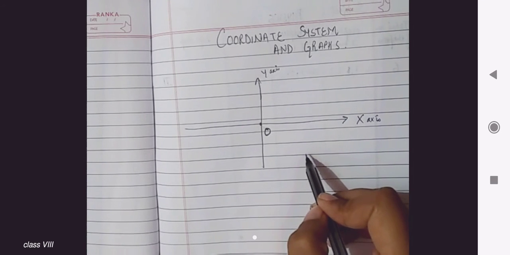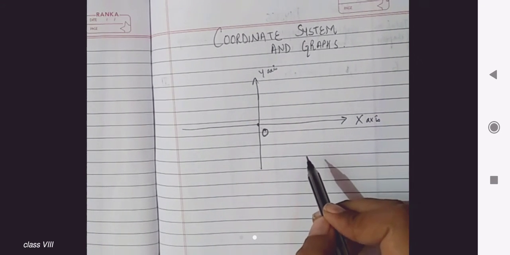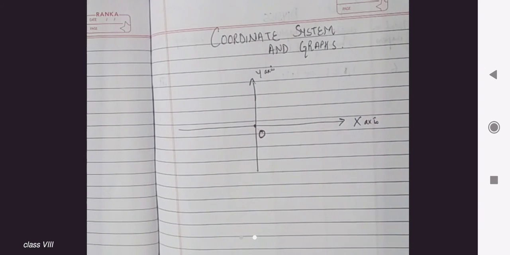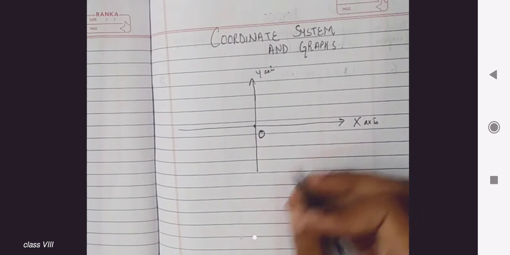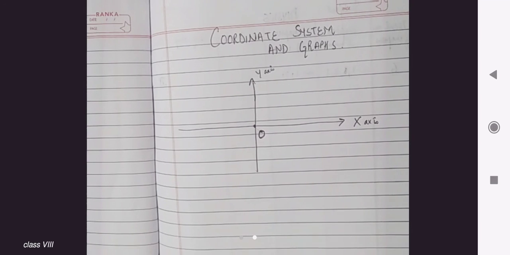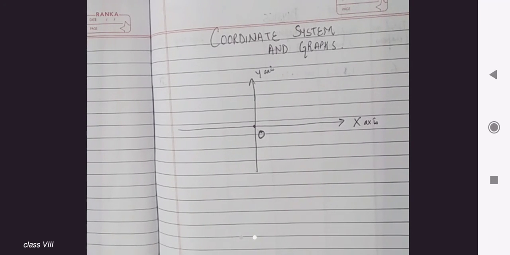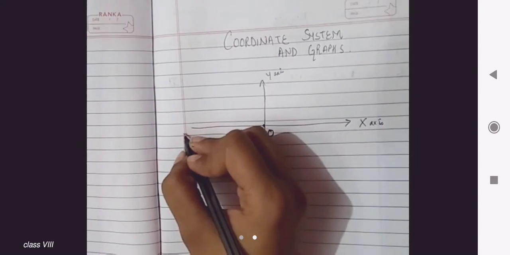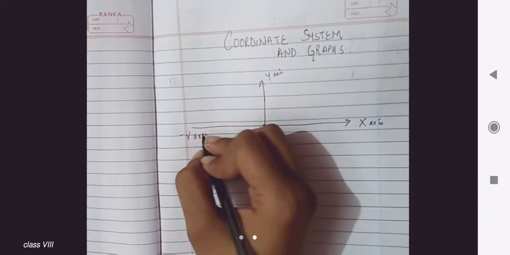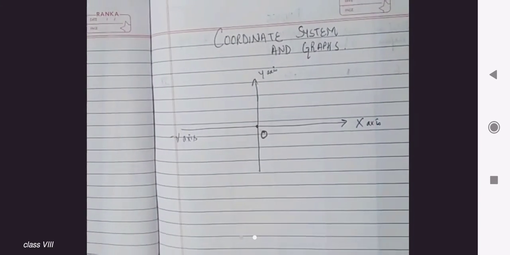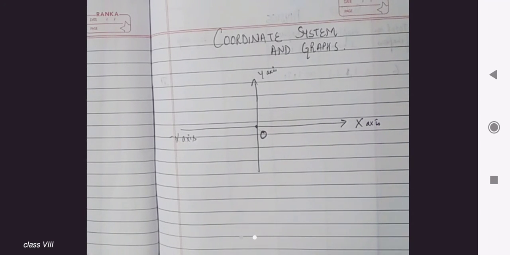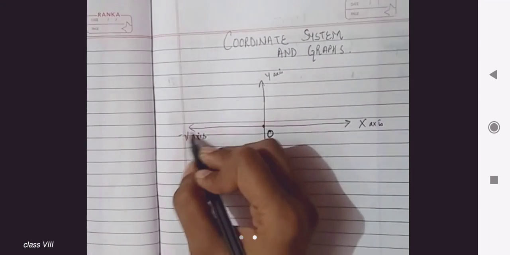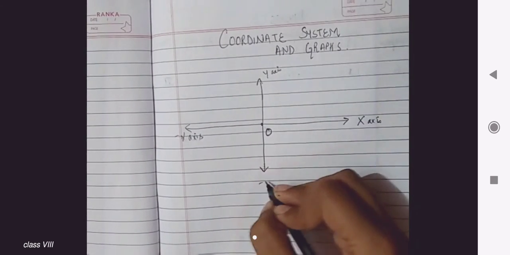Whatever you want to do, for example if you want to eat, it is supposed to be with your right hand. If you want success, you will move to a high level, that means upward. Here it is the minus x axis. If you want to eat with your left hand, it is considered a bad habit. So here it is the minus x axis, and this is the minus y axis.